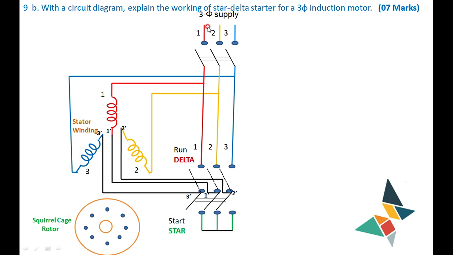Then we have a 3-phase supply, which you are applying here. These are the 1, 2, 3. Here you are giving a 3-phase supply. I am marking here 1, 2, 3. At the same time, the 3-phase supply is extended here. That is, the cord is extended here. It is what you call a single pole switch. This is called a 3-pole, single throw switch.